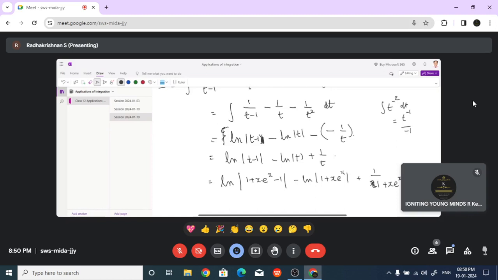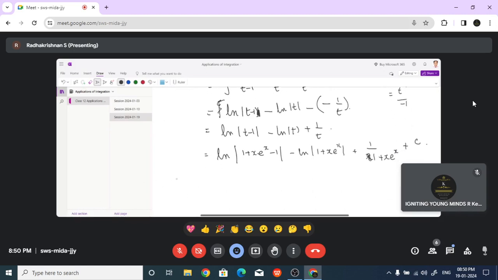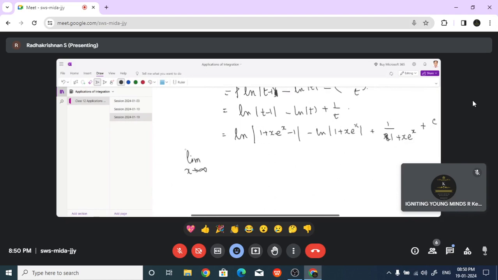Now to determine c, it is given that the limit as x extends to infinity of this I is